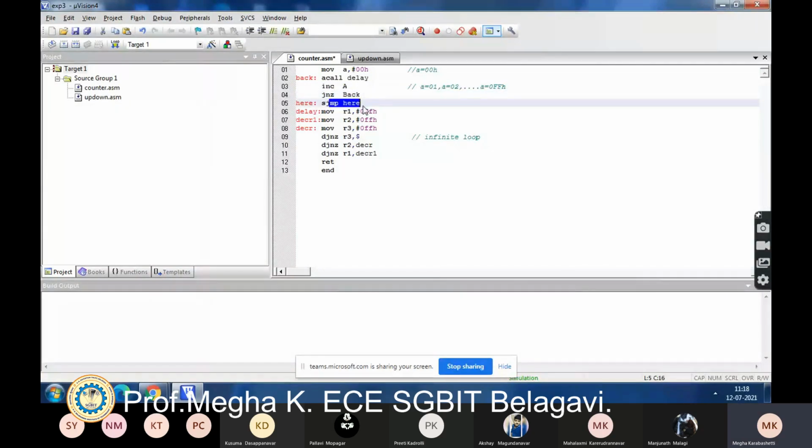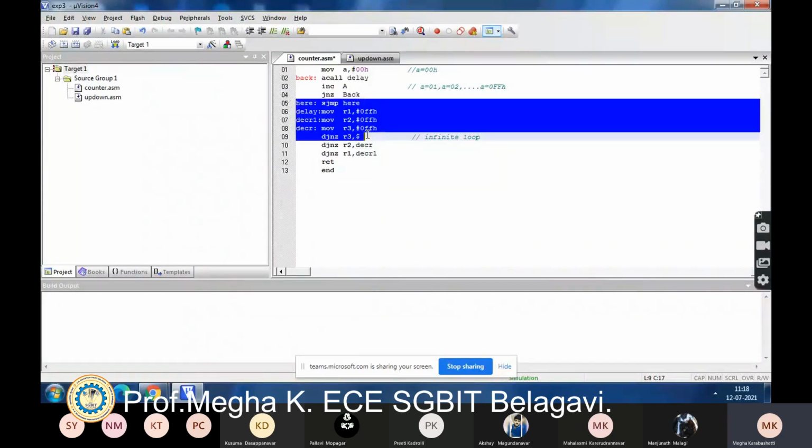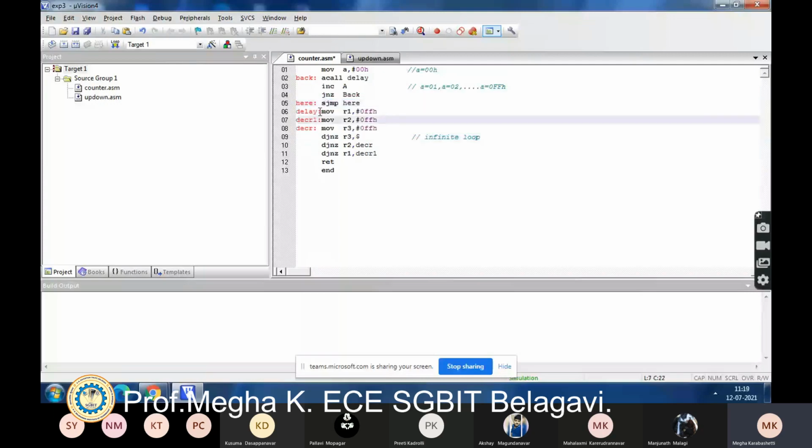This particular delay program, these 4 lines or 5 lines, is used to hold the clock for some milliseconds or seconds. Usually whatever program is written would be of some milliseconds, but with milliseconds, it may not be possible for you to see the exact integer values. So for that, we are going to hold the clock for some time, and that is possible by using the delay instructions here.